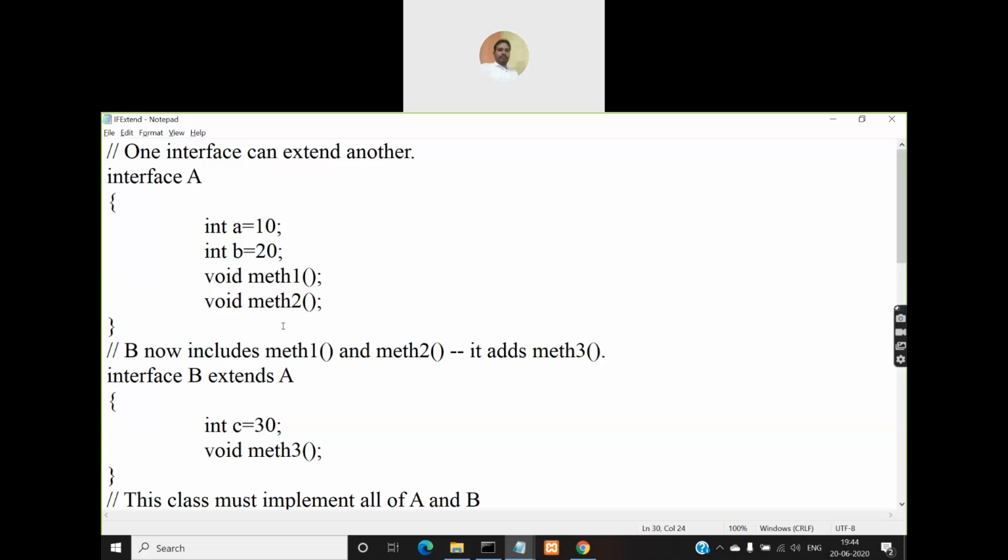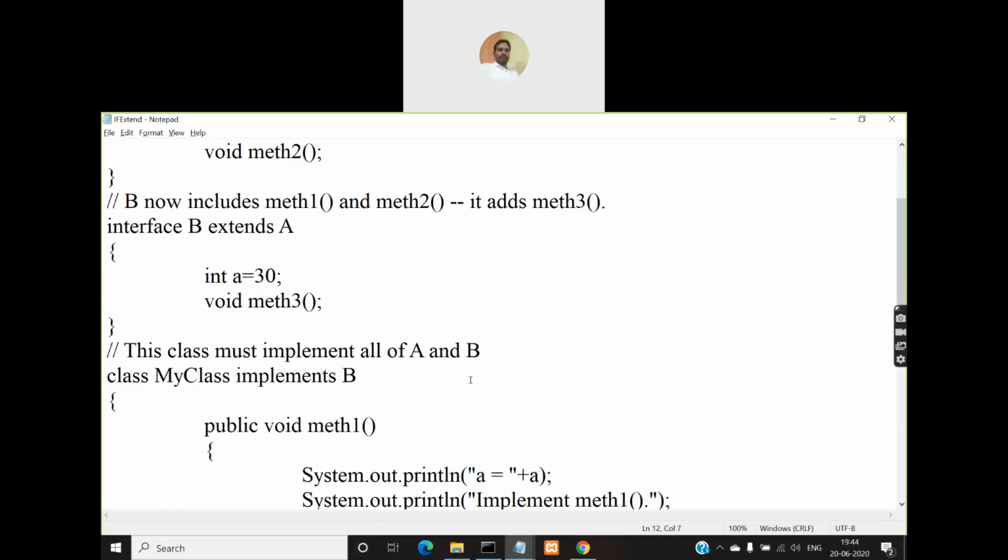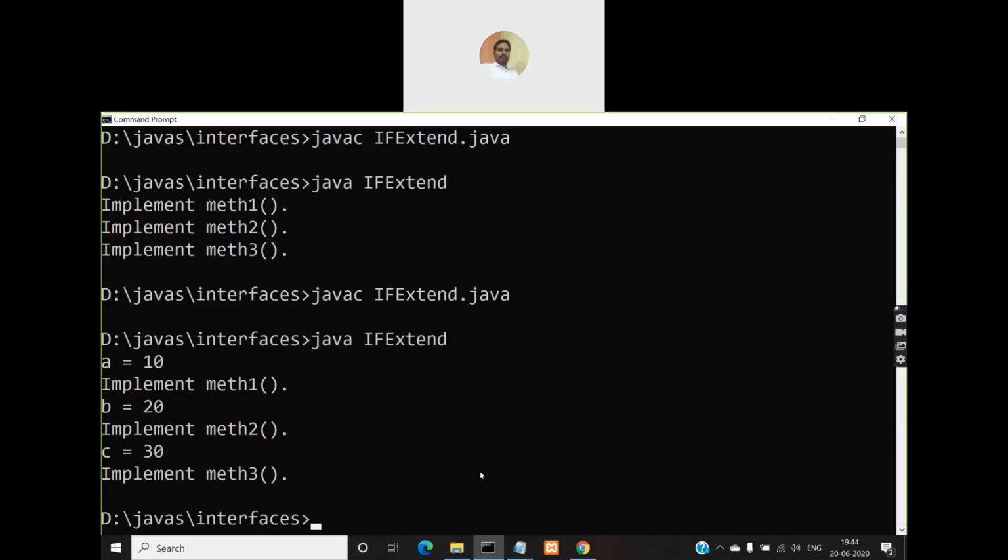But let us do it with variables. If I try to create a variable a instead of c here in interface B, let me see what will happen. You might get a problem with this, but there is no alternative for this one, like we have a solution for classes.